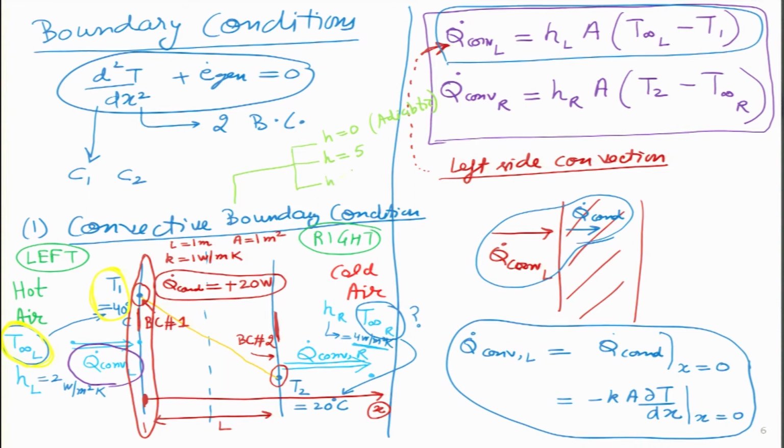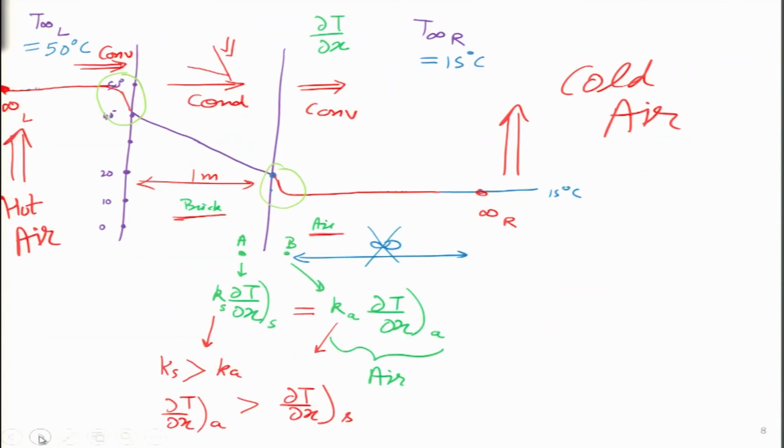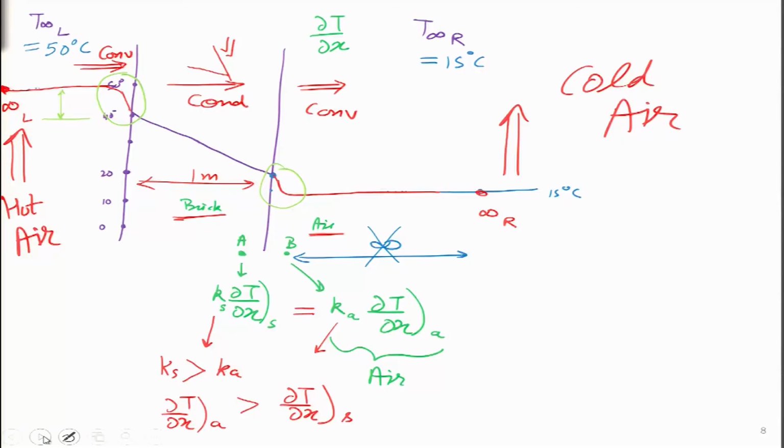If I make h very large, let us say 1 lakh or 2 lakh or a very high number, then it will turn out to be the constant temperature boundary condition. I can show all these three things with the graph: when we have a very high value of h, this gap will start reducing over here. So, the fluid will actually behave at the same temperature as the wall. Both will have very close temperatures to one another because the h value is very high. With that analysis, let me look at one more case. The second case I will consider is the radiative boundary condition.